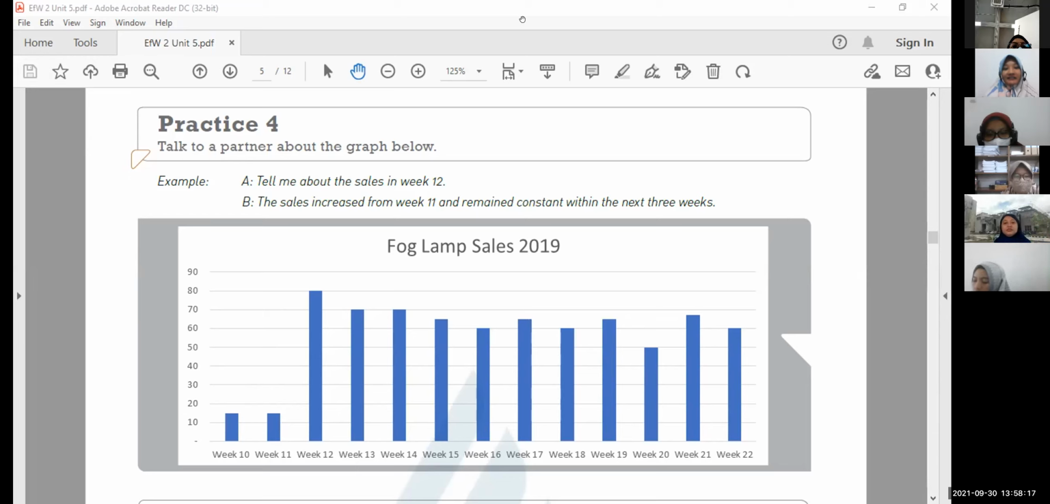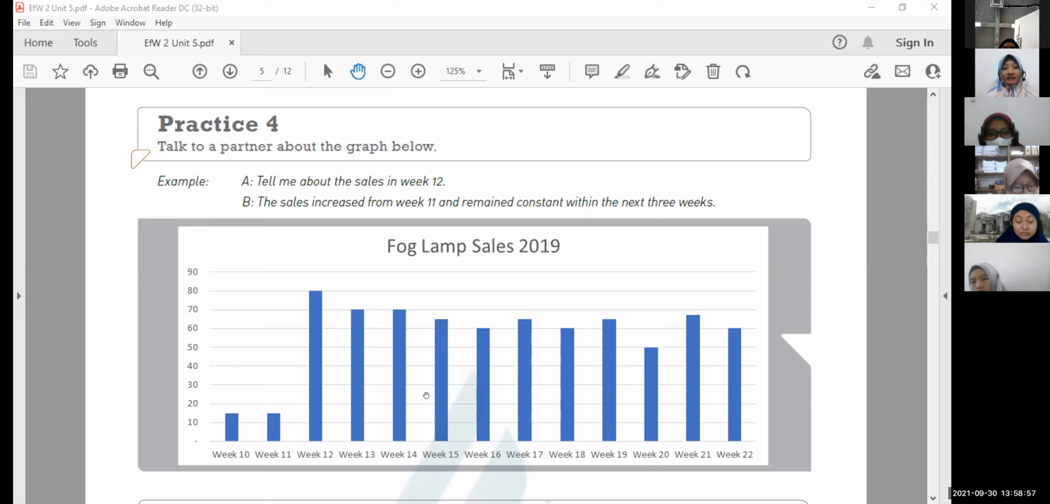So later in the breakout room, I want you to take turns. For example, between Miss Putri and Miss Fia. Miss Fia asks Miss Putri, please tell me about the sales in week 12, and then Miss Putri will explain this, and then take turns. Miss Putri will ask Miss Fia, please tell me about the sales in week 14, for example. And then Miss Fia explains. And then take turns again. Miss Fia asks, Miss Putri answers. Miss Putri asks, Miss Fia answers. So taking turns